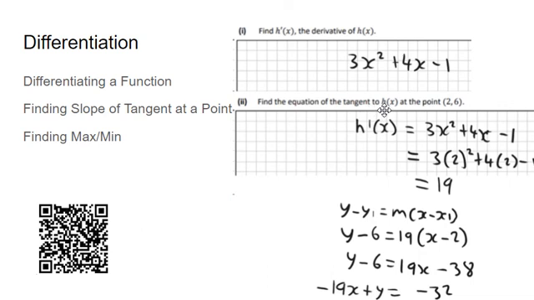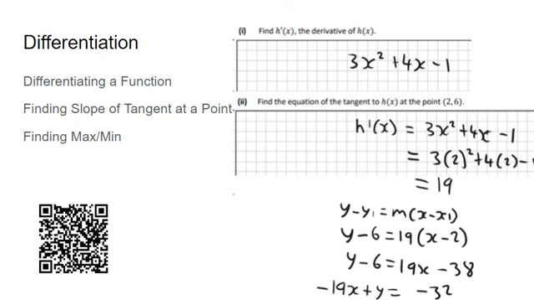By putting in the 2 and getting 19 as the slope of the tangent, but to get the actual equation of that tangent, you have to use that formula, y minus y1 equals m(x minus x1), and you're putting in the 19 instead of the m, and then the x1 and y1, you're just putting in the point (2, 6), because that point is on the line, which is the equation of the tangent. So